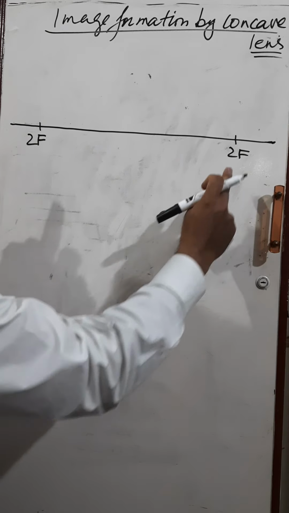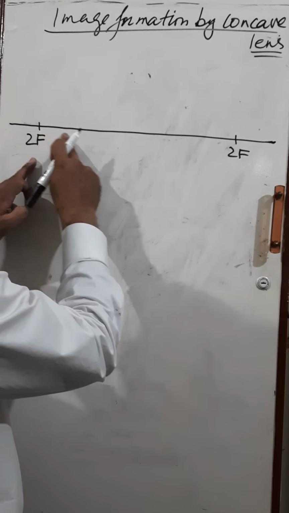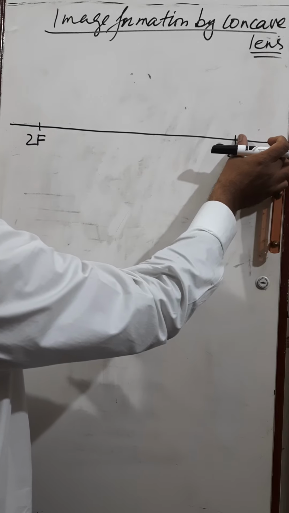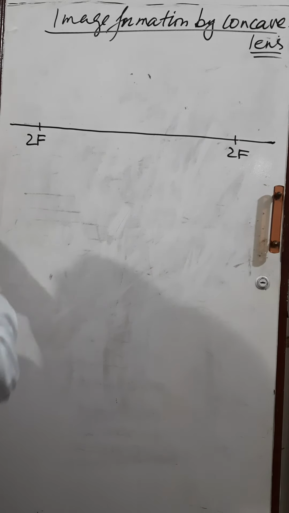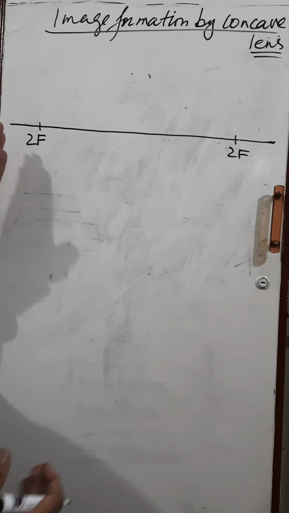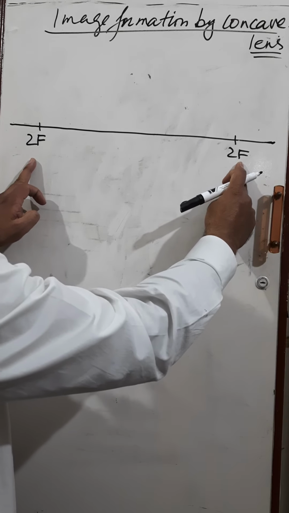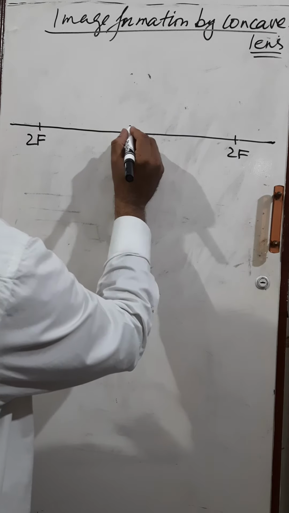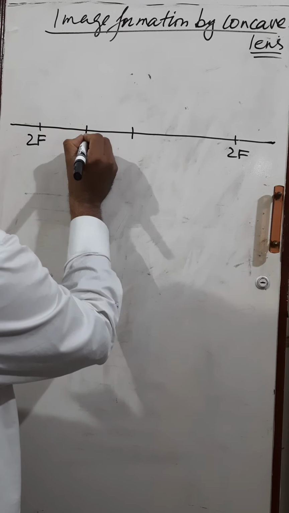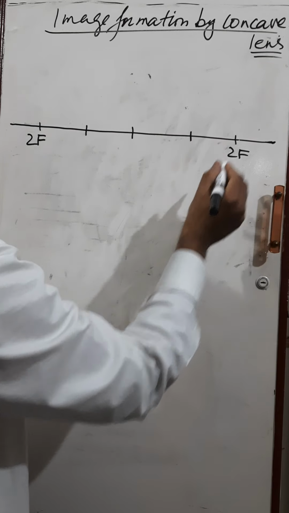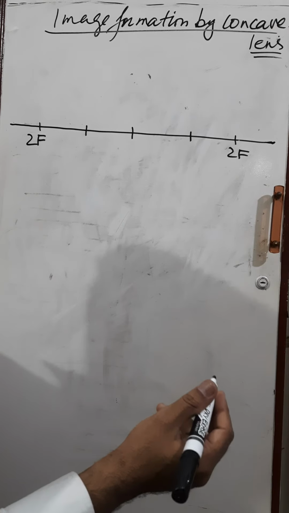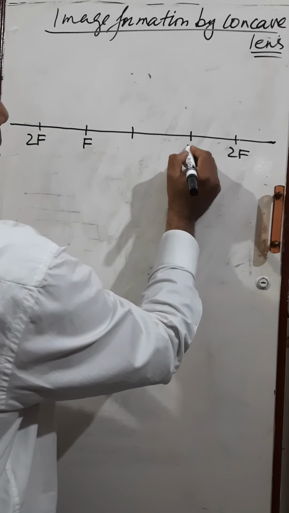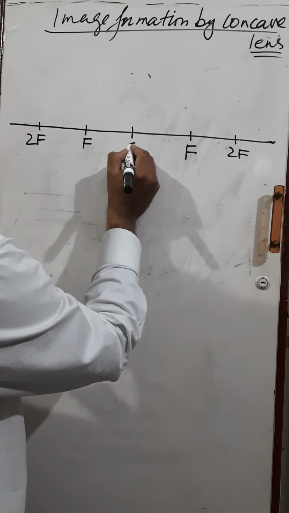Now dear students, the distance between these two f points is 12 centimeter, as it was total 14 centimeter. I have removed 1 centimeter towards right and 1 centimeter towards the left side, so the distance between them is 12 centimeter. Divide this 12 centimeter into 4 equal parts. First of all 6, then 3 and 9. You can take help from a scale. Name this point as 2f. Also this point is 2f and the midpoint is C.